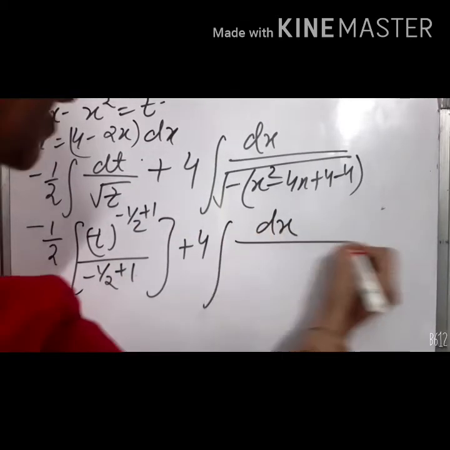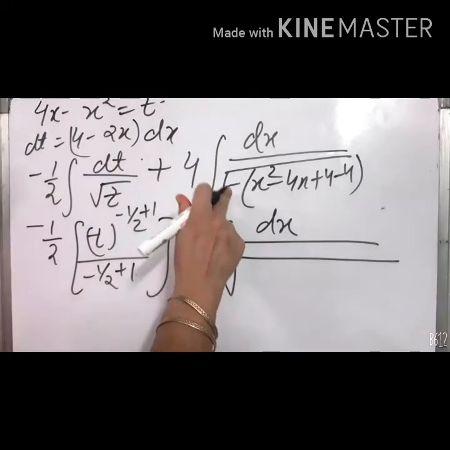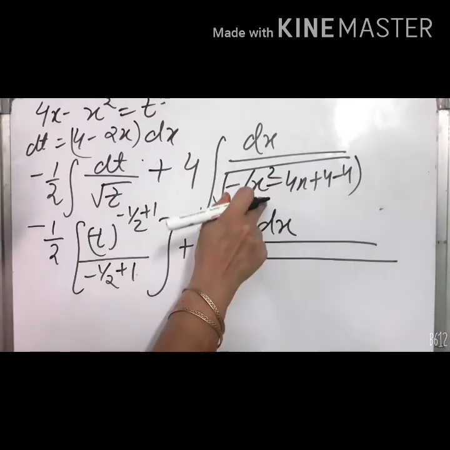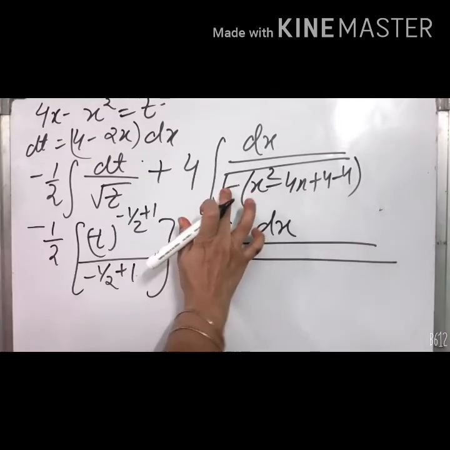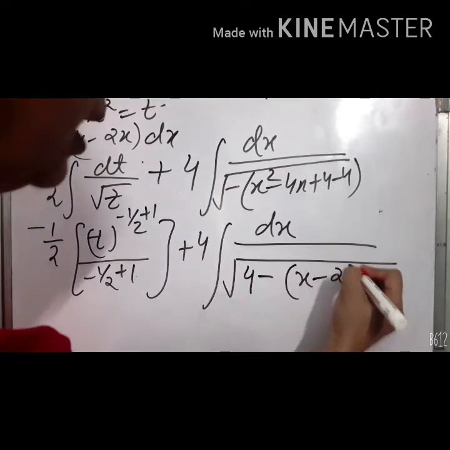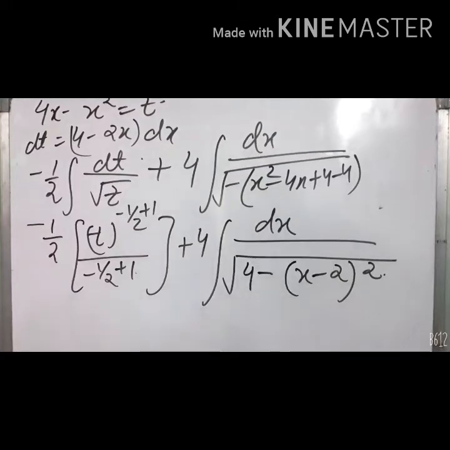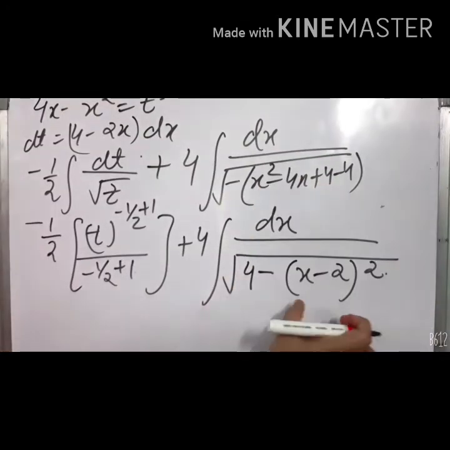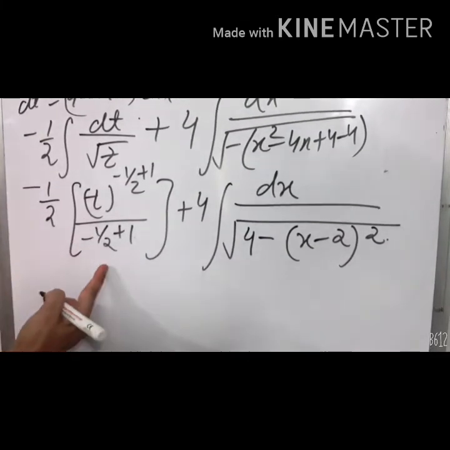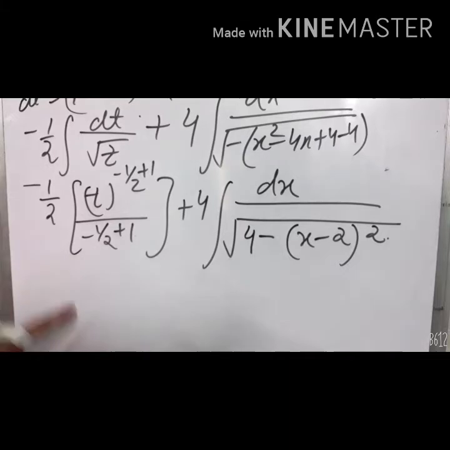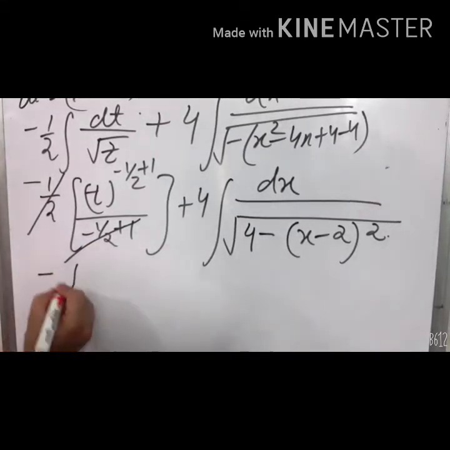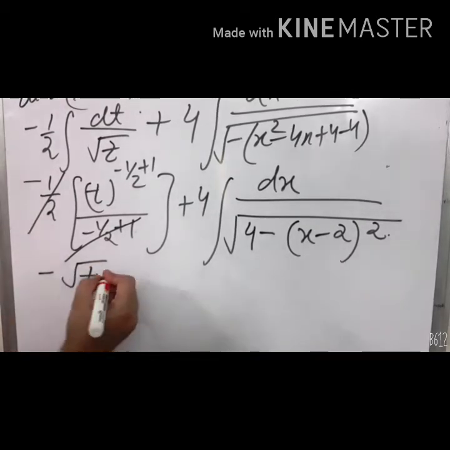When you open the bracket, what does it become? That I told you, x square minus 4x. What we are adding, keep in that, and the negative 4 take it outside. So minus and minus plus 4, and this becomes (x minus 2) whole square. Every time this part becomes a perfect square. Every time. Now it is like that. Minus half plus 1 is 1 by 2. The total got cancelled. I got minus of root t plus 4.